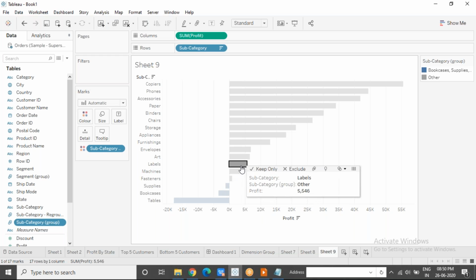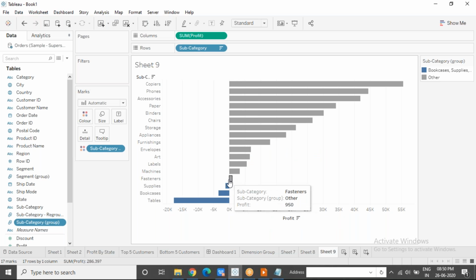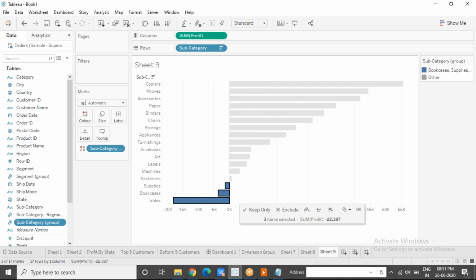Even though labels actually starts giving you loss after a certain point of time, it will remain in the profitable group only. These members will not automatically move from one group to another member in that group. One member to another member, they will not automatically jump here and there depending on their value. Which means groups are static. Once you create a group and place it in one member, it will remain there only, no